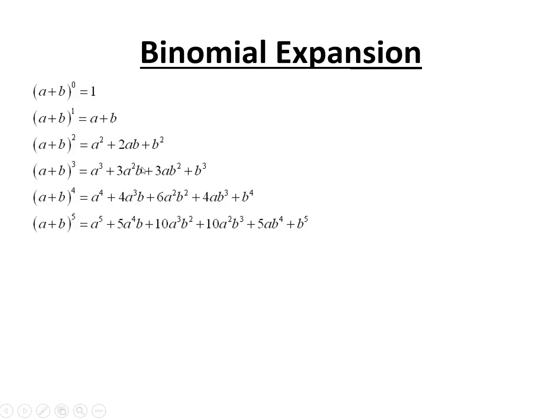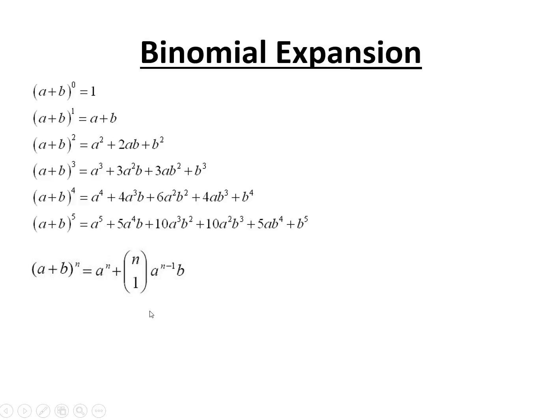You've got a squared, ab, b squared, then a cubed, a squared b, ab squared, b cubed, then a to the 4, a cubed b, a squared b squared, ab cubed, b to the 4. And you see the coefficients on opposite halves of the binomial expansion are kind of the same. So if we take a general term, (a + b) to the power of n, and we carry on the pattern that we're looking at, then what we have here is